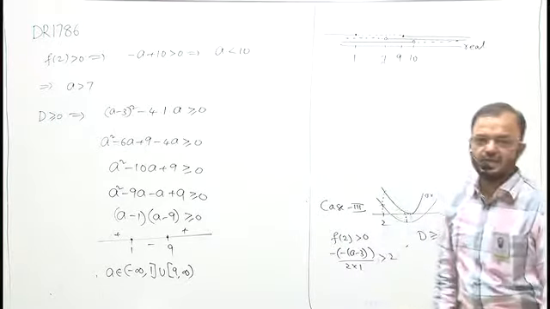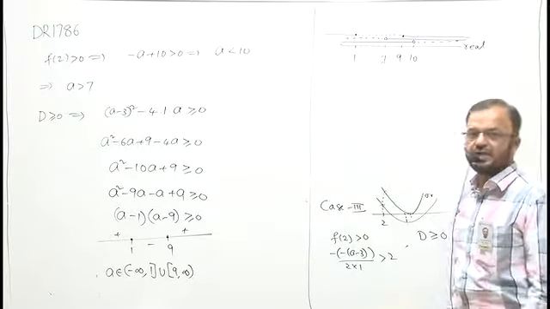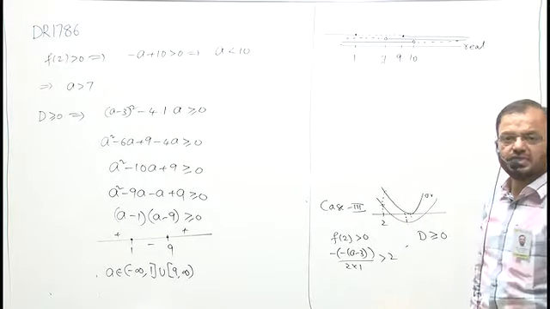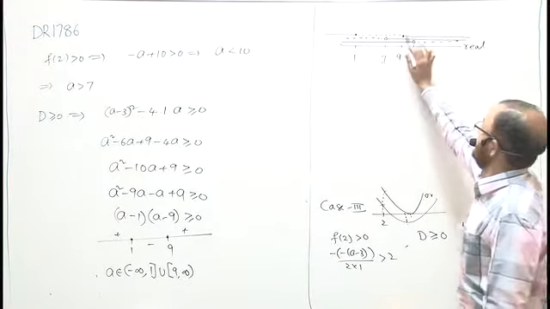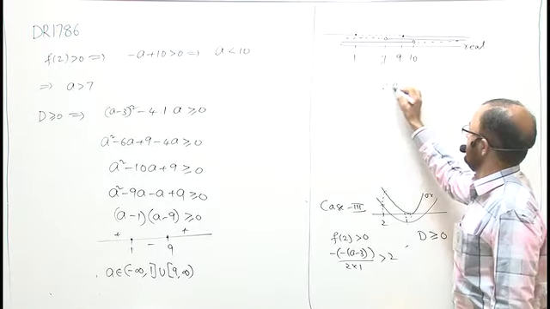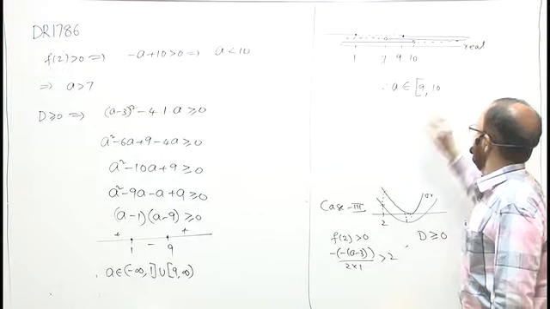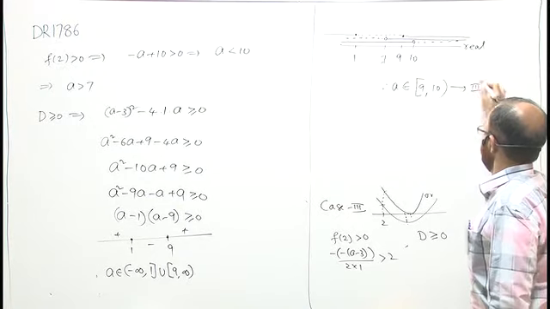I am taking the intersection of the 1, 2, 3 conditions. These three conditions overlapping region, I have to see here, it is the dark region, these are the dark lines here. Therefore I am getting a belongs to the closed interval 9 to open interval 10. This is my third case.